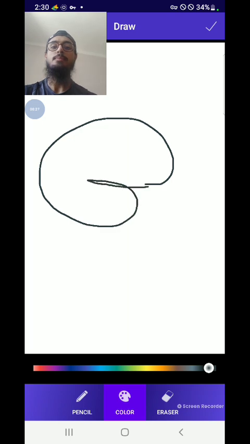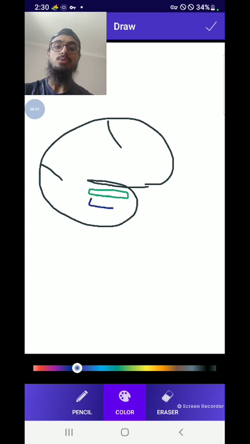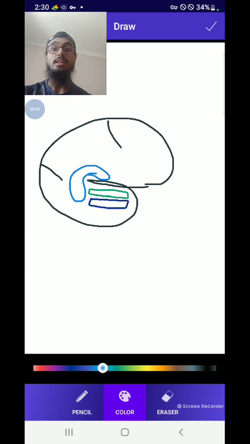This is our brain. Here I draw in green color the primary auditory cortex. Second one, auditory association cortex. The third one, which I discussed in the previous lecture, is Wernicke's area. Now today my topic of discussion is the primary olfactory cortex and association cortex, which I